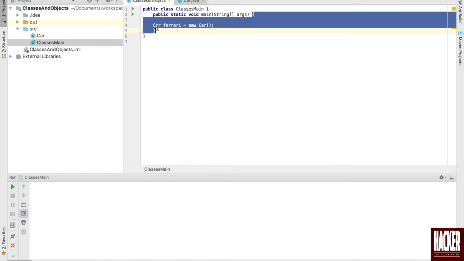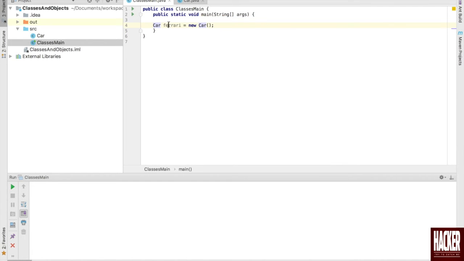You start with the class, object name, and you use the new keyword. The new keyword is used to allocate memory to the object that you are defining. You again write the class name and a pair of parentheses, along with a semicolon. So you just created an object.